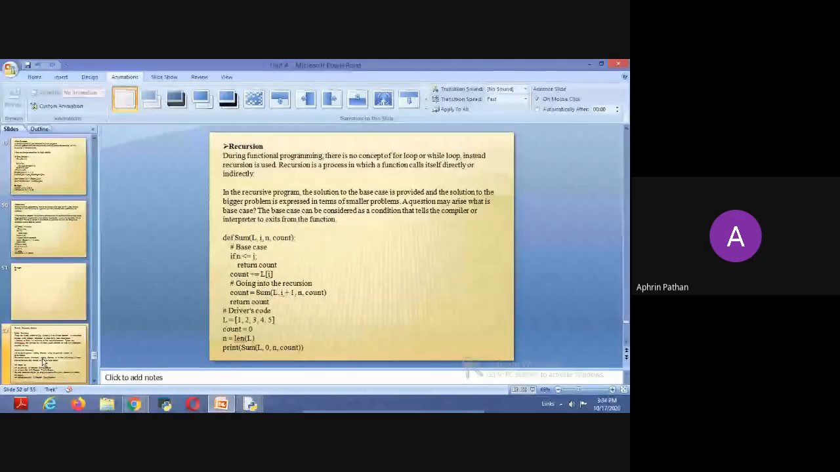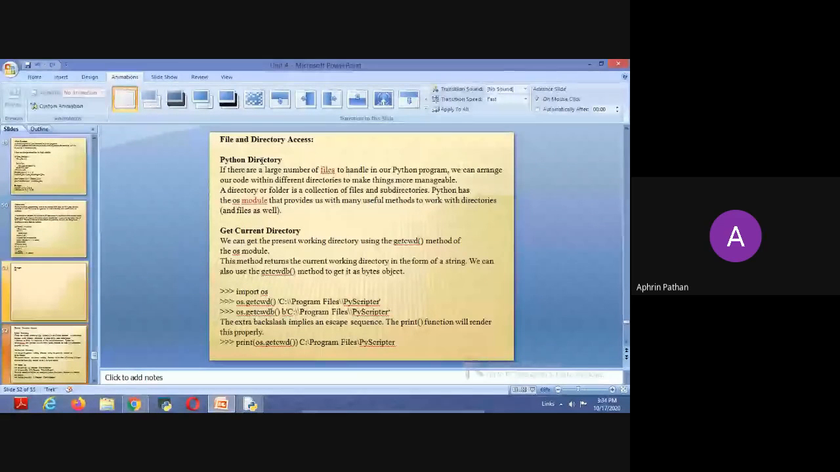So the last point in this unit is files and directory access. Files and directory access, Python directory. As we know, directory is nothing but folders. So Python directory, if there are a large number of files to handle in our